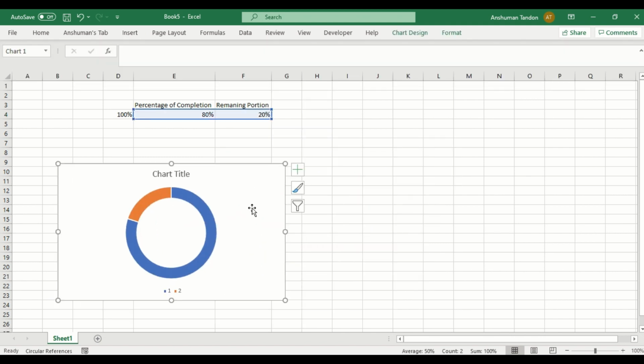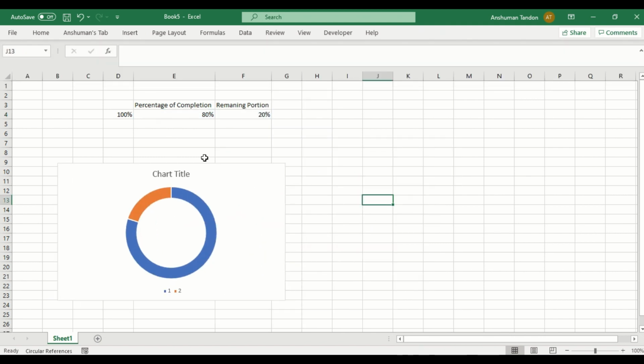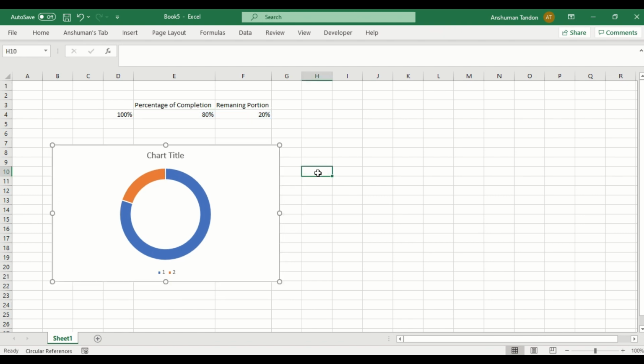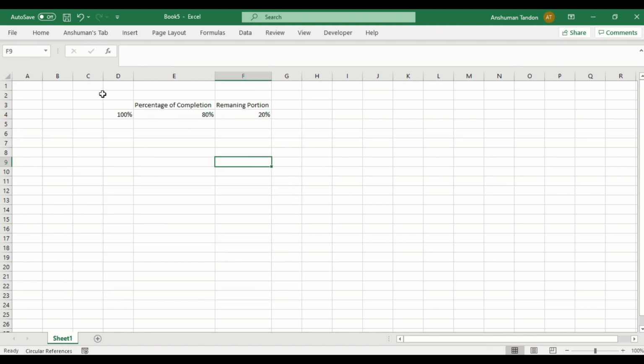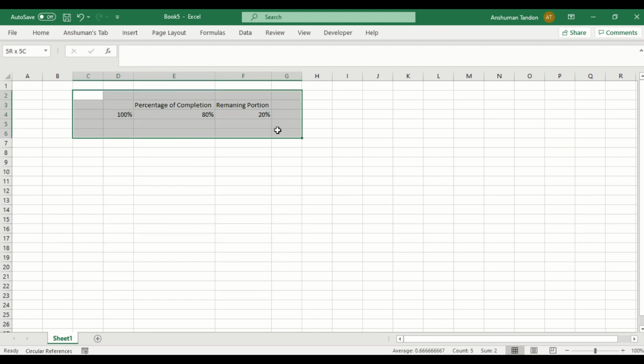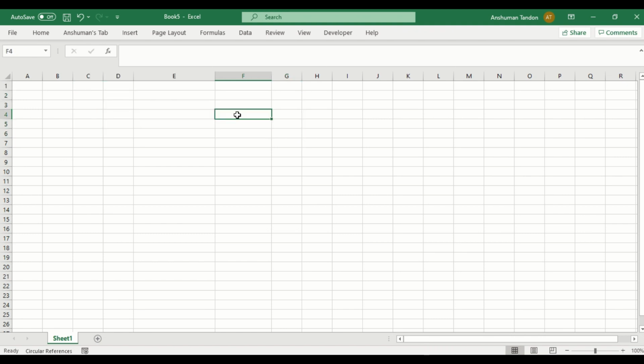So let's say I put this donut chart over here. They will put it like this or just give it some other formatting as well. But that is not enough. You can see that this chart very much looks like it is coming out of this sheet. So I just want to discuss all those things in this task manager creation. So let's start.